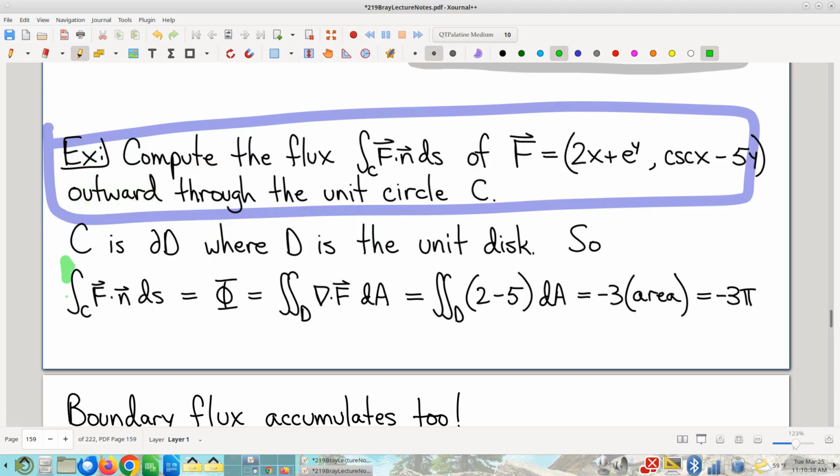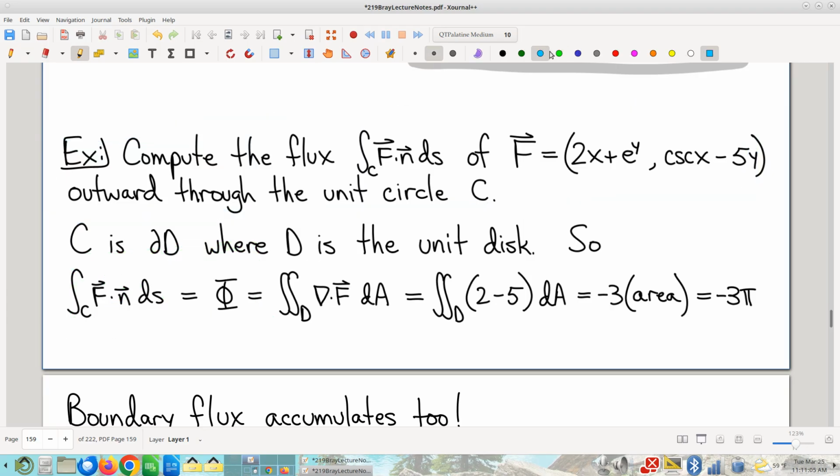So, again, look, you can, I suppose, compute this brute force. You can plug and chug it. You parameterize the curve, write down the formula for the normal vector. It's total pain, right? You really don't want to have to do that. So I'm going to put a frowny face on that. Much easier is to use our big gun theorem. The big theorem that we just wrote down is that if you want to compute flux, it's a double integral of divergence. Let the theorem do the heavy lifting for you. That's the power of this theorem. And the divergence is easy to compute.